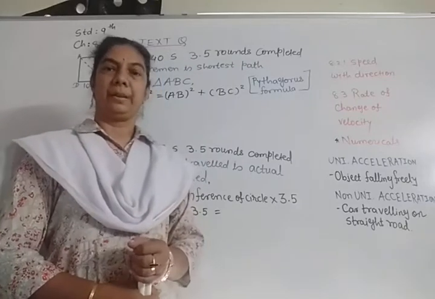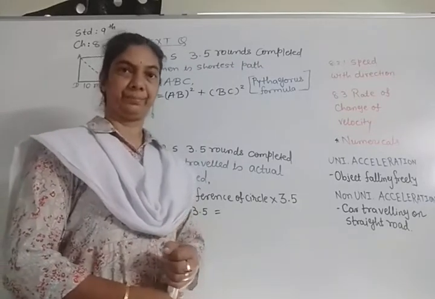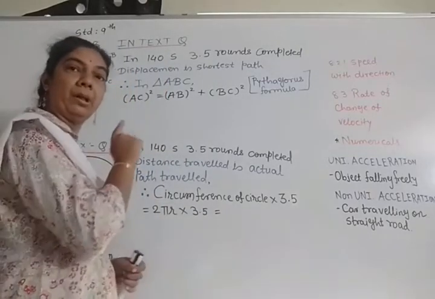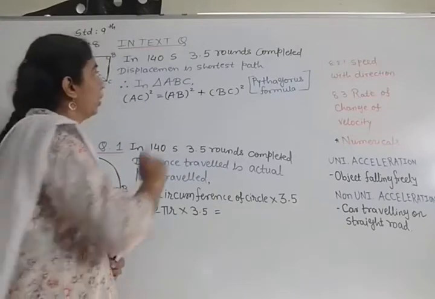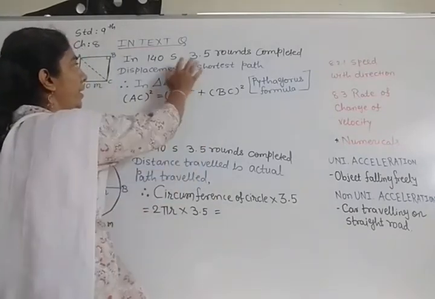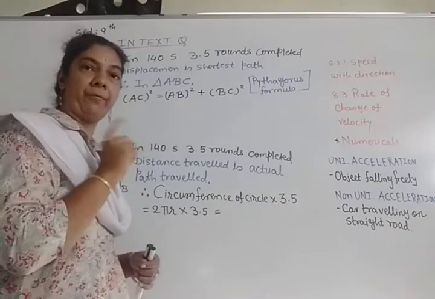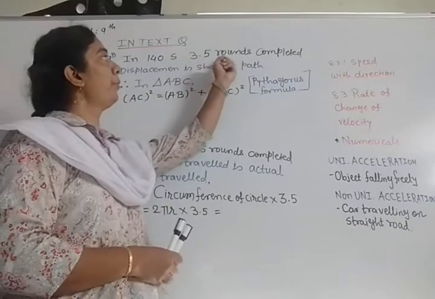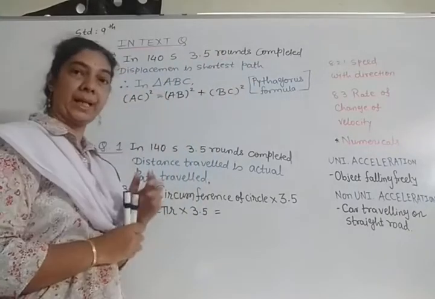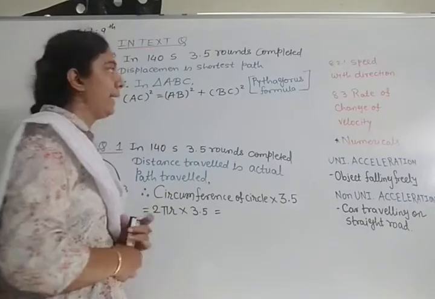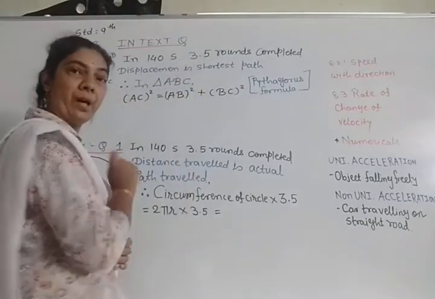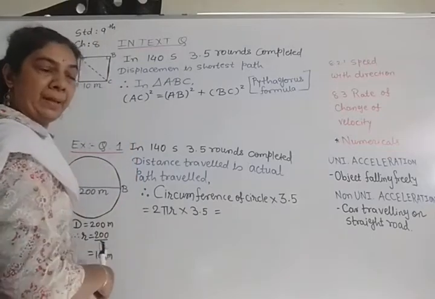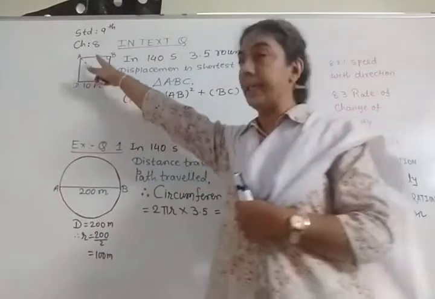Now let us solve the numericals in detail. We have seen that a farmer is moving on a square field. Total time, converted into seconds, was 140 seconds. So he can complete 3.5 rounds in this time interval. And as he is completing 3.5 rounds, his position, if he starts from point A, then from point A to